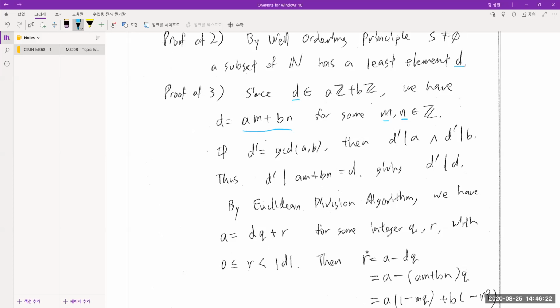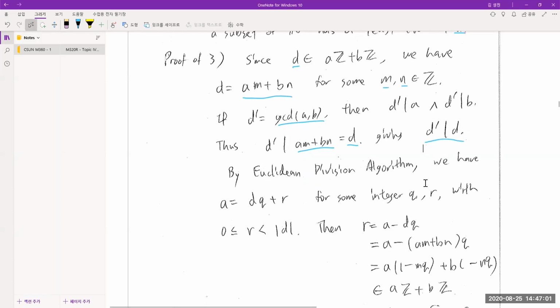If D prime is the GCD of A and B, which we know exists by the previous idea, D prime divides A, also D prime divides B. Therefore, D prime must divide any integer linear combination of A and B. So in particular, D prime must divide D. So we have this divisibility: D prime divides D. We also need the reverse